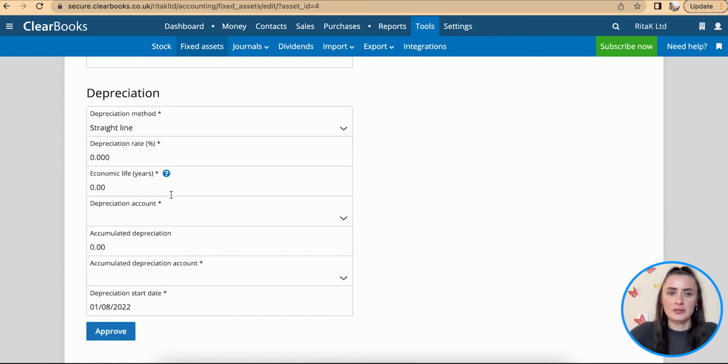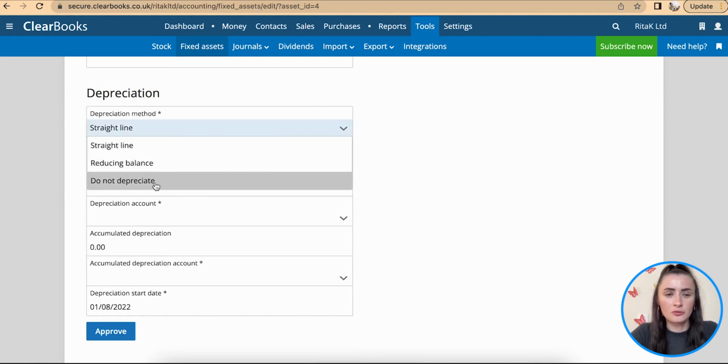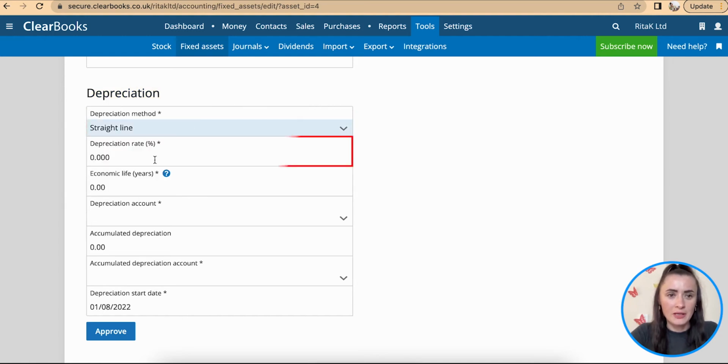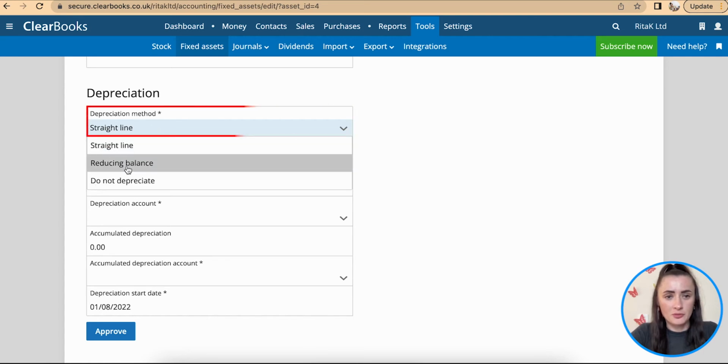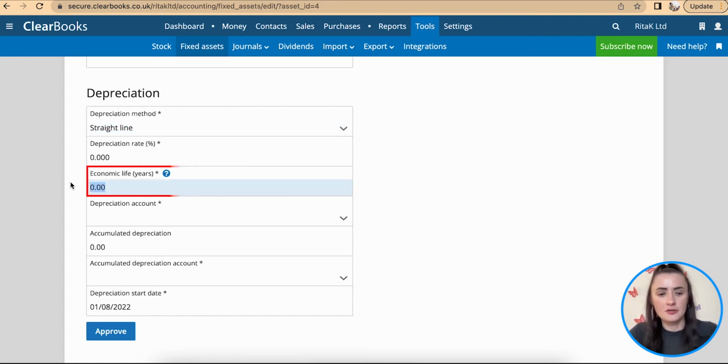Now we need to select depreciation. In my case, for this table I will use straight line method, but you can select reducing balance or do not depreciate if you wish to. Depreciation rate in percentages most likely will apply for reducing balance. For straight line method I have economic life in years,